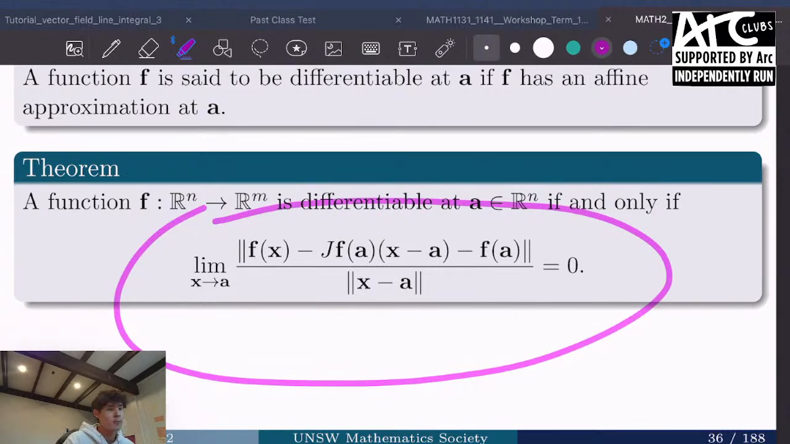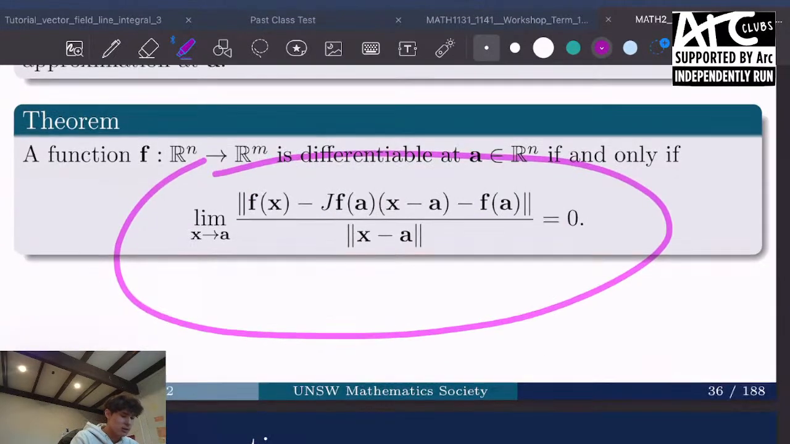It is not the fact that partial derivatives exist. Okay? It needs to be the fact that this limit goes to 0. Just because partial derivatives exist doesn't necessarily mean that the function is differentiable. So we need to be checking this limit and proving that it's equal to 0 to show that it's differentiable at A. And really what this limit is telling you is that